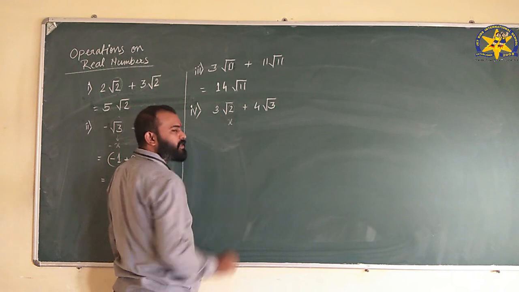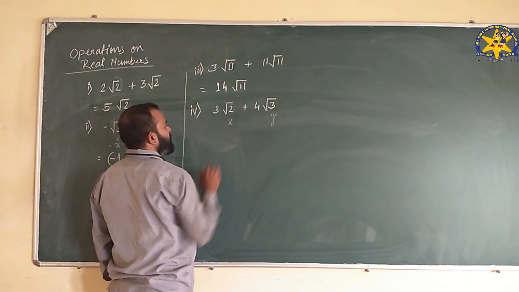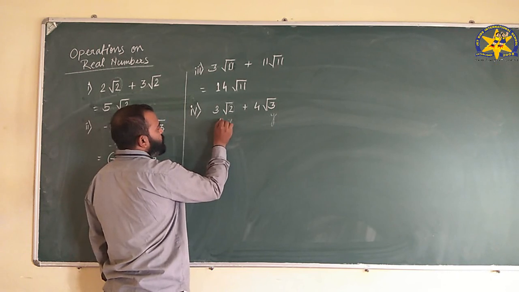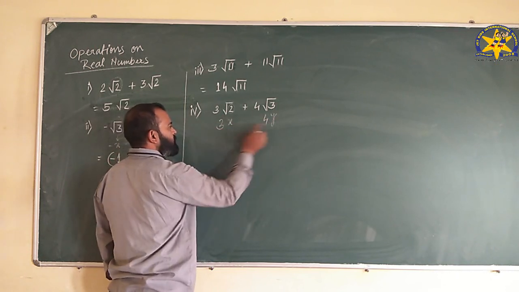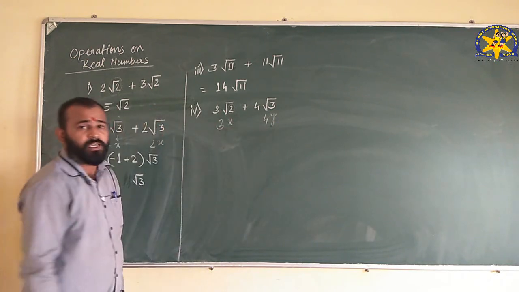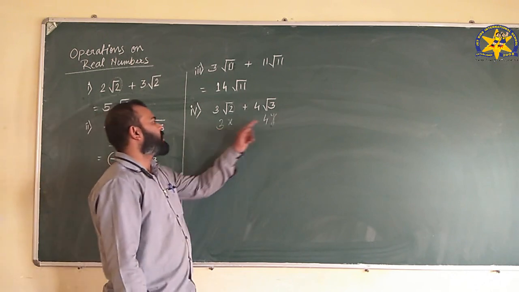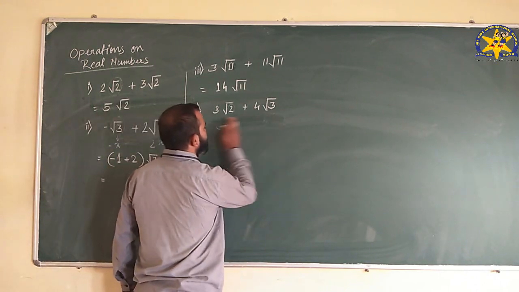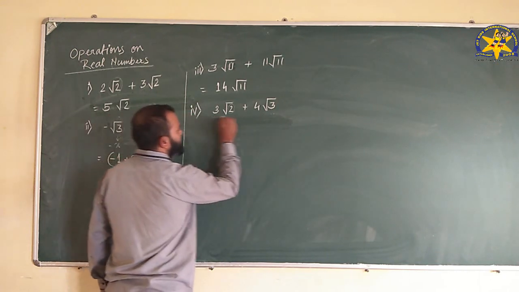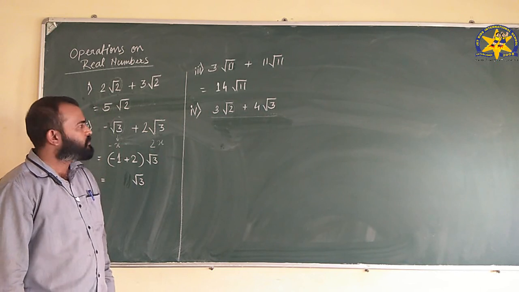Here it is 2, here it is 3, so will this be x? No, this will be y. So how will we write it in our language? 3x plus 4y. These two are unlike terms, so they can't be added. So 3x plus 4y can't be added, so it will remain as it is. The x and y remain as they are, no change will be there. Okay,